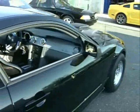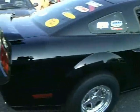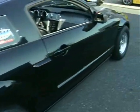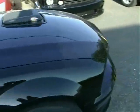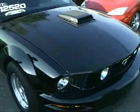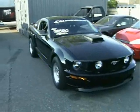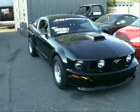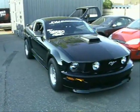He is running the Saleen Super Shaker supercharger, running about 13-14 pounds of boost with a set of Comp Cams in the engine. Mike's car makes around 520 horsepower at the tires. He's been 10.30 at 131 miles an hour. Now this is one of the fastest ETs for the stock engine to date. We've seen guys go as fast as 10.18, that was Dyno Joe, but this car has been 10.30s on the